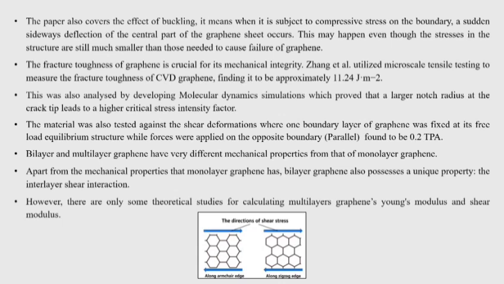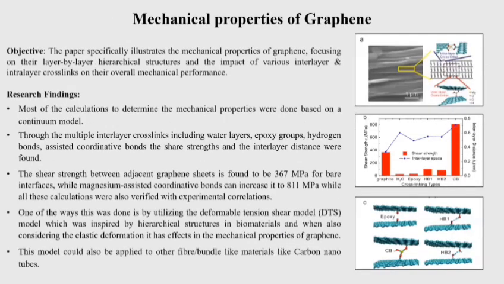And all these tests were done for both monolayer and bilayer material, and two distinctly different kinds of results were observed, suggesting different properties for different layers of graphene sheets. And with the simulation, we were able to find the shear strength to be around 0.2 terapascal, which is pretty high. Going on to the second paper, this paper primarily involves factors such as hierarchical structures, impact